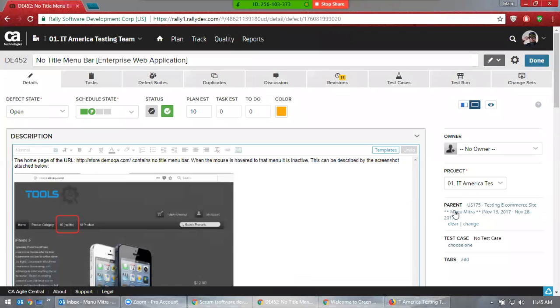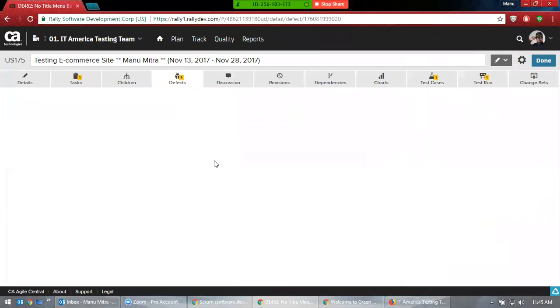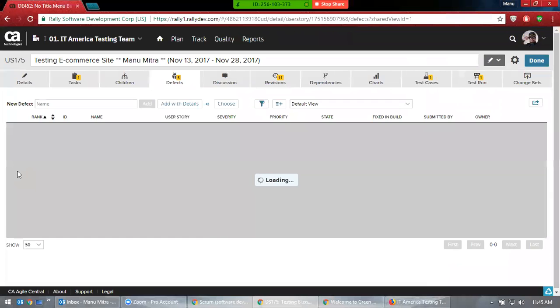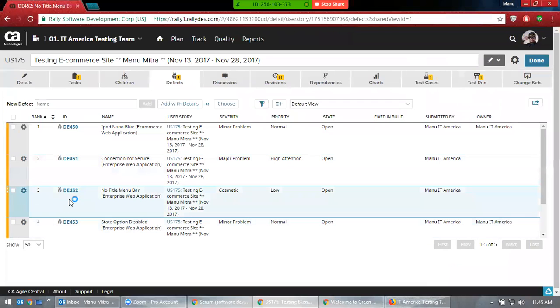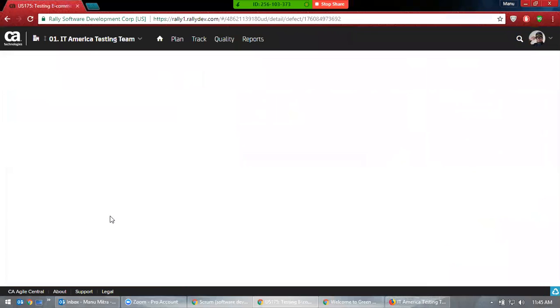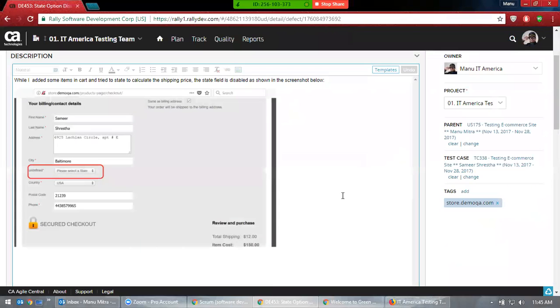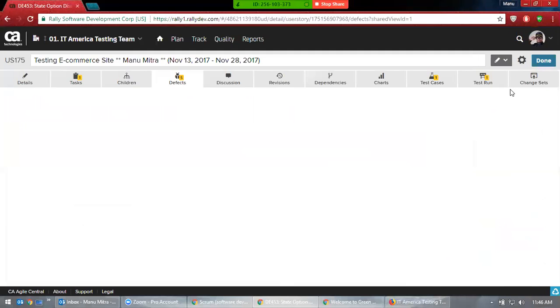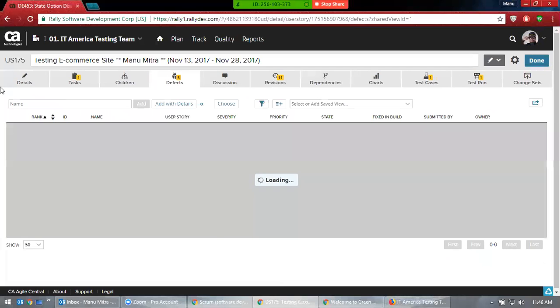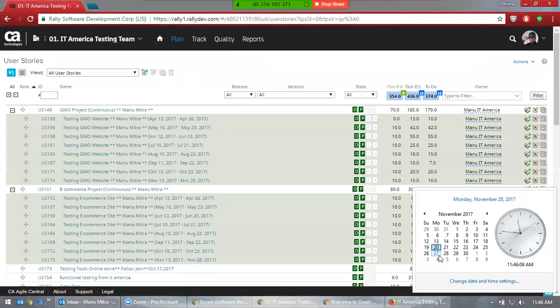Okay, good. People who have not done it can do this. So maybe I'll be giving you one more homework today, because we have 4 days, right? My defect is really good. You need to open it. There are many issues here, and normally you might not have this many issues in an application, but of course your job is to open defects. If some people want to complete it, they can do it. You have time till Monday, that's the 27th.